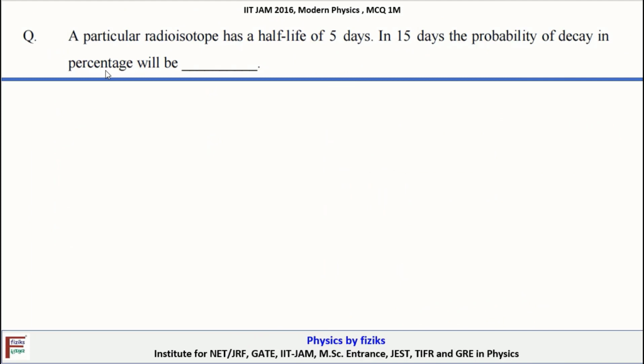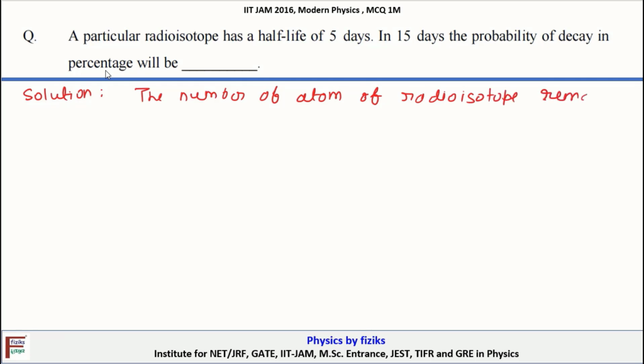A particle of radioisotopes has a half-life of 5 days. In 15 days, the probability of decay in percentage will be... the number of atoms of the radioisotope remaining undecayed